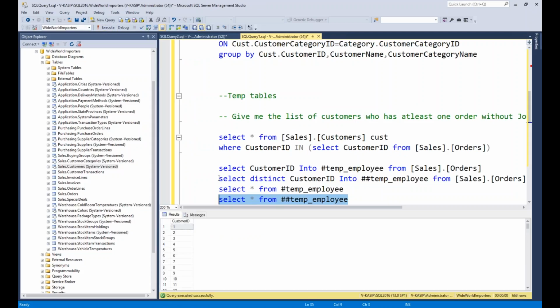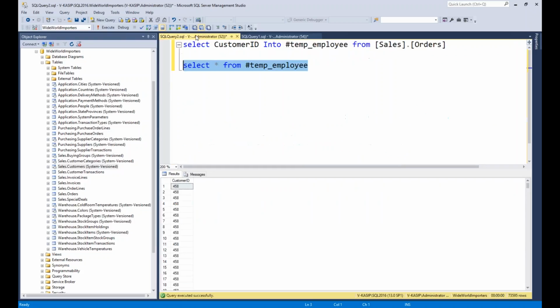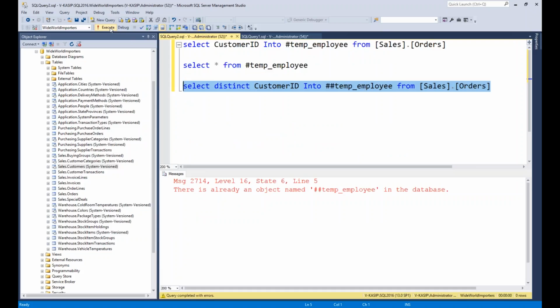Okay, I took the same command to the next window. As with the previous one on top, this should not give any error. It should execute, right? But it failed here. The statements above succeeded in the new window, but this statement failed in the new window because the single hash temp table is a local temporary table.